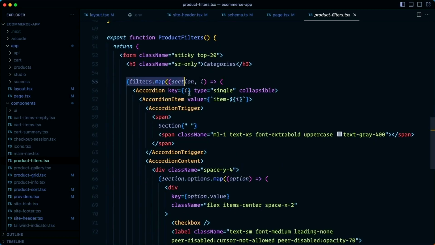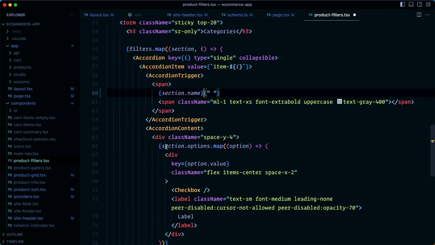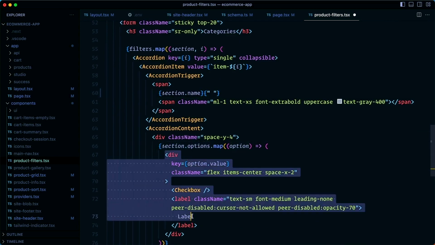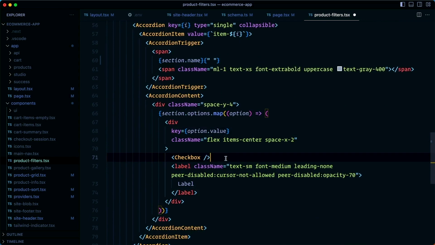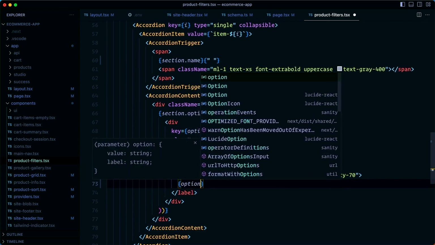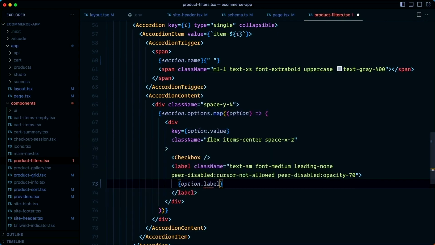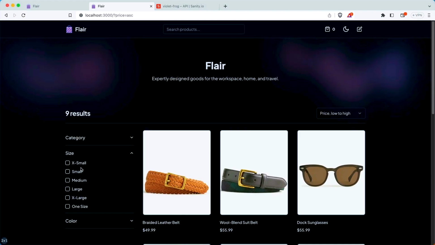We're mapping over filters. Within this span, we're just going to change section to section.name. And within section.options, we're mapping over each of the labels. We have a key provided here, and we have a checkbox. We just need to add the label text, and that's going to come from option.label. If we were to save that, we can see that we have all the sections and different options here,